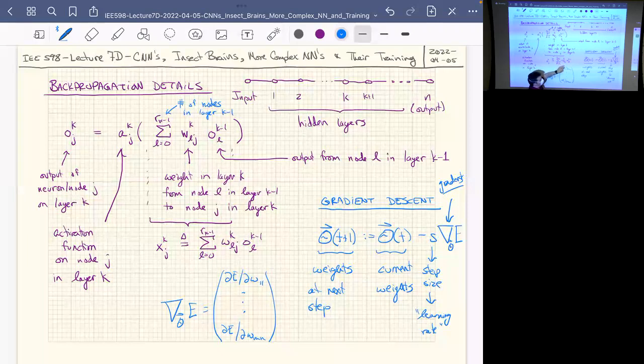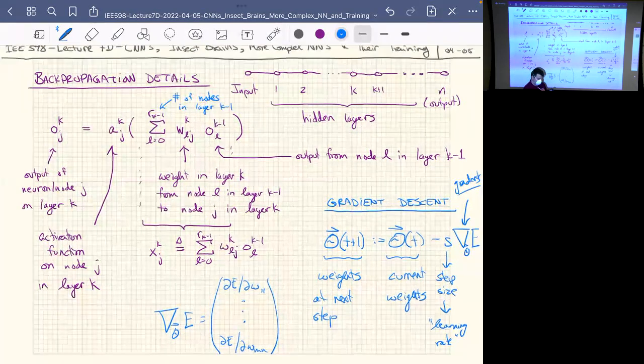The loss function, which we only see at the end of the neural network after everything's calculated, with respect to each one of these weights. This will tell us what contribution that weight has to making the loss function smaller. If we increase this weight by a little bit, it'll make the loss function smaller. If we decrease this weight by a little bit, it'll make the loss function smaller, and so on and so forth. Where our loss function here